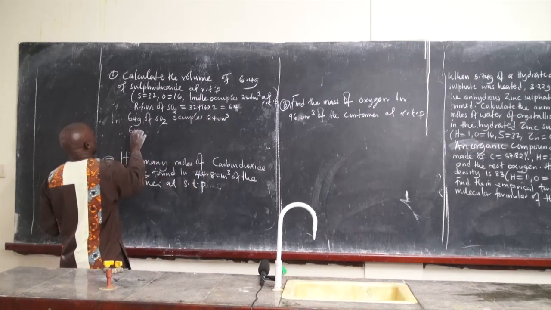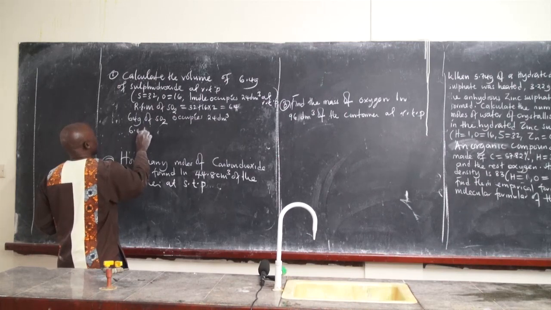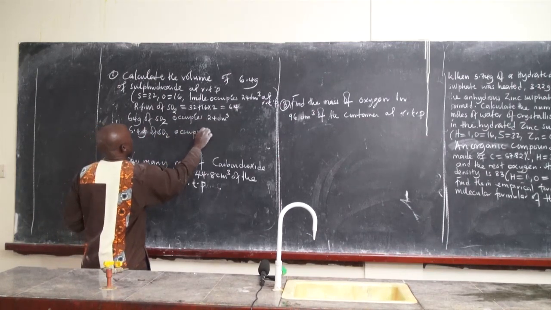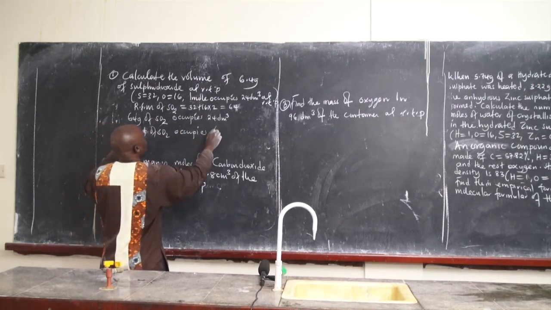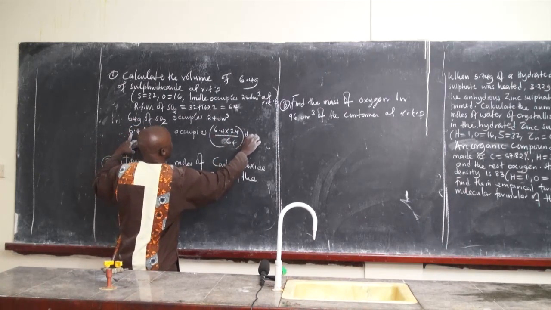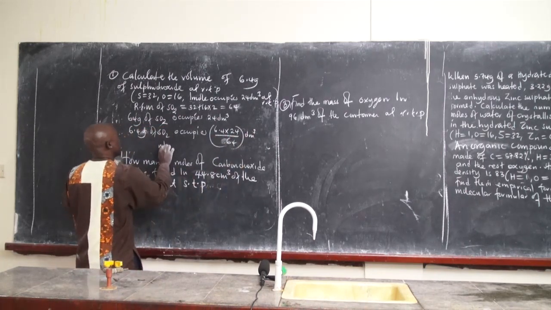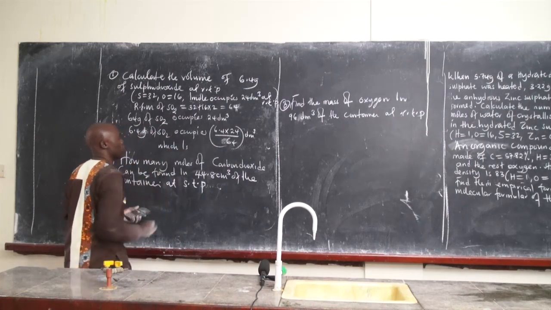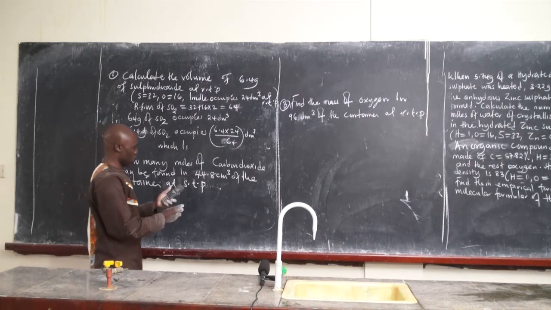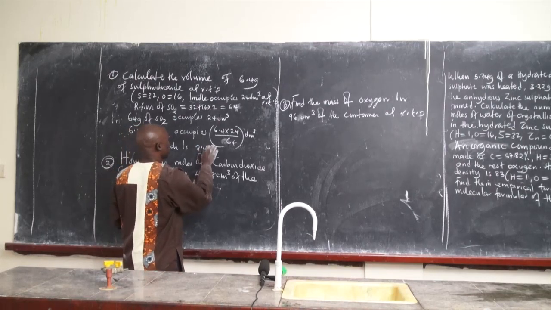Out of 6.4 grams, we cross multiply: 6.4 times 24 divided by 64, that gives us 2.4